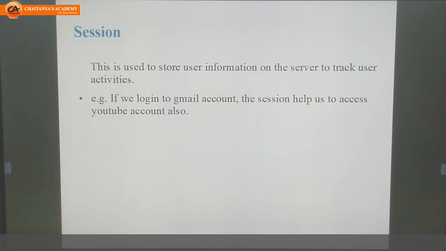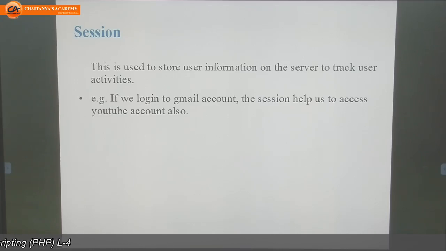For example, you go to your Gmail account and log in, then you will get one option. From that option, you can go to your YouTube account, your Google account, wherever you want. So how are you going there? You are going by using this session.